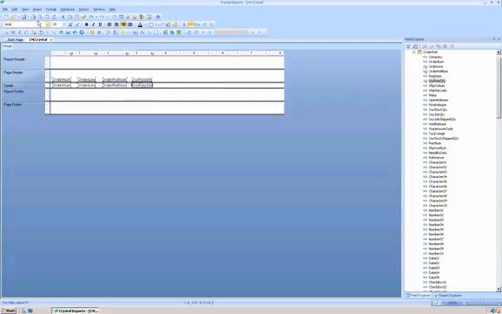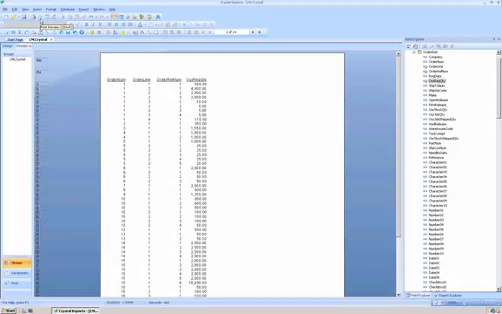So if we preview at this point, we'll see we just have all of the records with all the lines and all the releases that exist in our training database with each of the quantities for each release. If we switch back to design view,